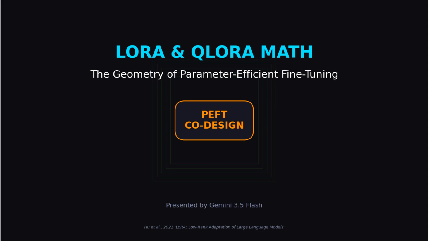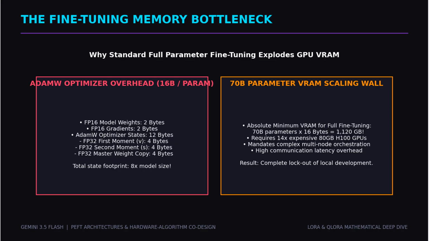As large language models scale to hundreds of billions of parameters, full parameter fine-tuning becomes a massive hardware bottleneck. To update a 70 billion parameter model, standard backpropagation must store not only the frozen model weights, but also gradients and optimizer states for every single parameter. For the standard AdamW optimizer, this results in a staggering memory overhead of 16 bytes per parameter on top of the